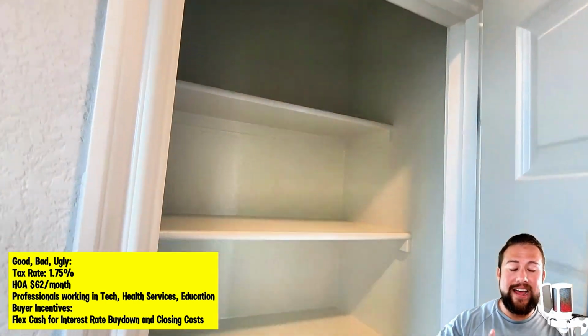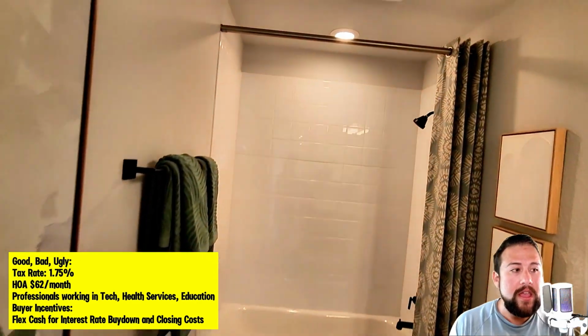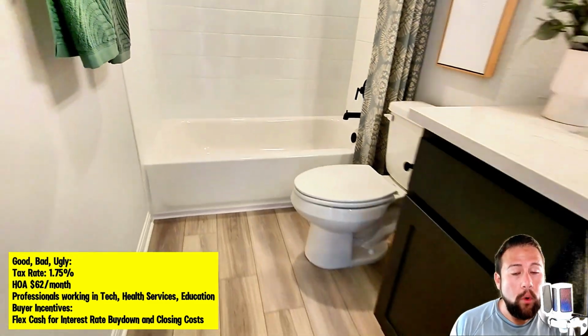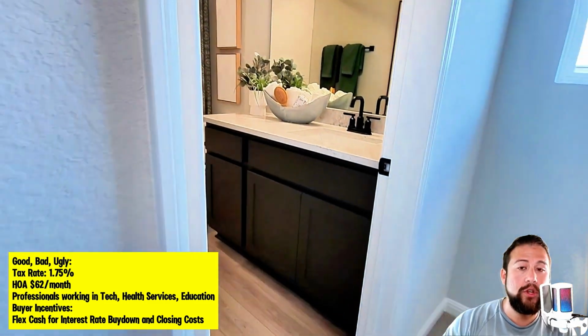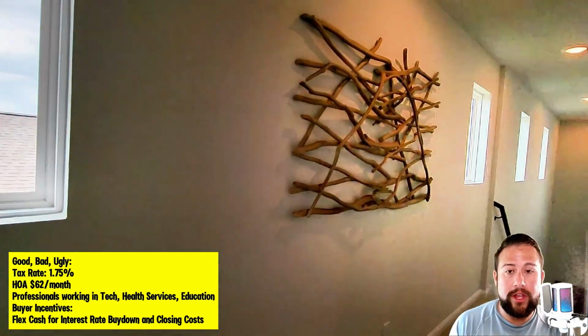And that's why I think there's a huge influx, and investors are really eyeballing this community because of that tax rate. That tax rate can mean the difference between a couple $100s on your monthly mortgage because of how low it is, right? And the HOA is very competitive too at $62. So if you're a young professional